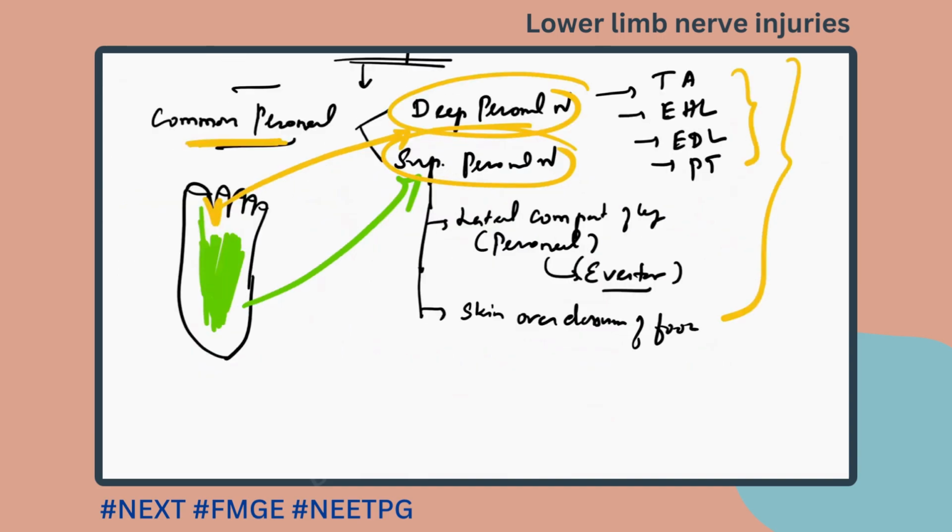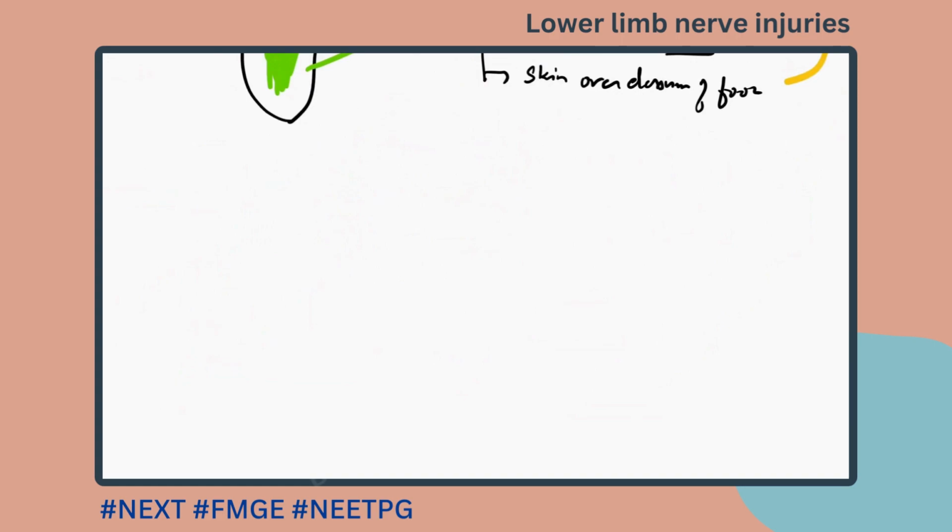Now, whenever a nerve is injured, you can diagnose a nerve injury by using a study called nerve conduction study. You can do a nerve conduction velocity study to identify the nerve injury, or you can do an electromyogram to study the nerve injury. Whenever a nerve has got injured, in the initial stages, if it is a neuropraxia or an axonotmesis kind of injury, you can wait and watch. You can give physiotherapy and you can give splints for the patient to keep the limb